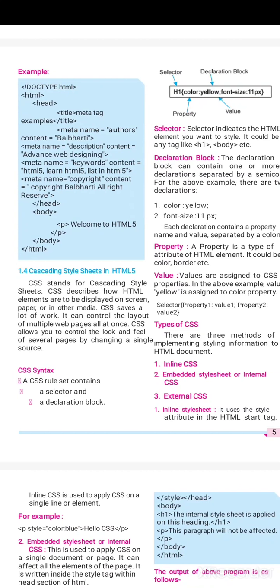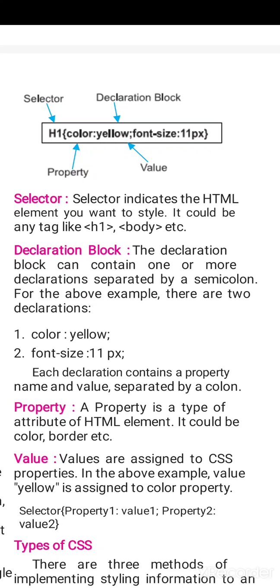So see here, what is the meaning of a selector? Selectors are nothing but any HTML element, any HTML tag one can apply, such as heading levels from H1, H2, H3 up to H6. The body tag can also be applied. The paragraph tag, P tag, can be used as a selector. As well as we have seen physical style tags such as bold, italic, underline.